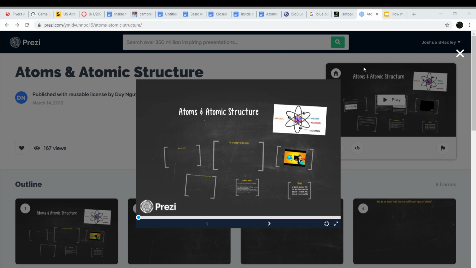Today we're essentially just reviewing what should be a review for most of you: what makes up an atom, the real purpose for us learning about atoms, and then some of the factors that affect the atom in and of itself. So, without much ado, we're going to go ahead and take this presentation here,